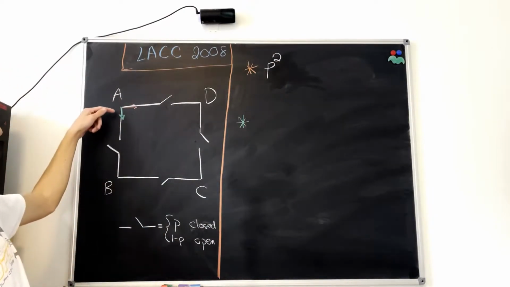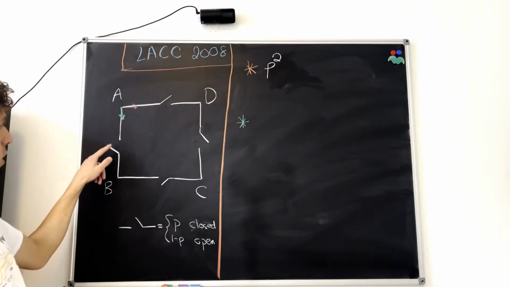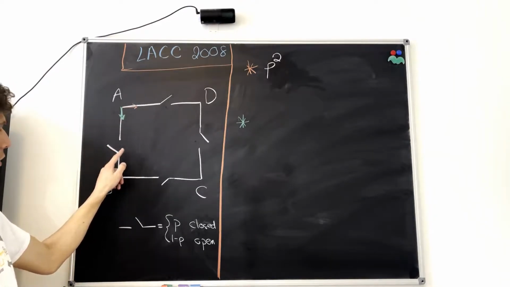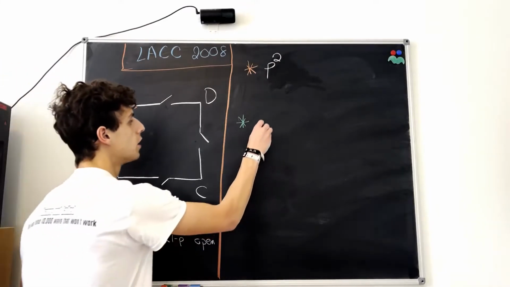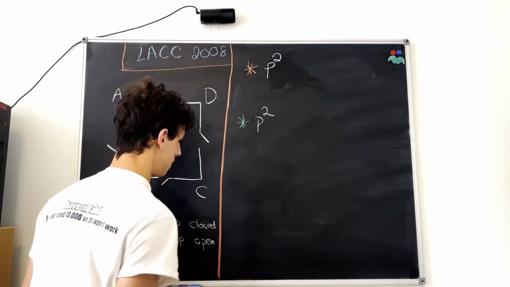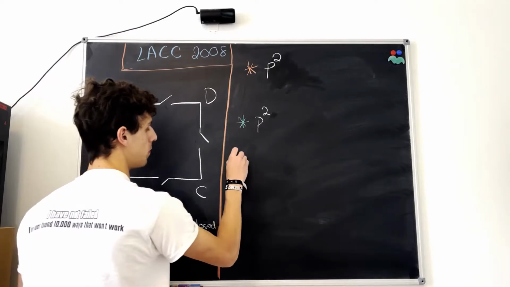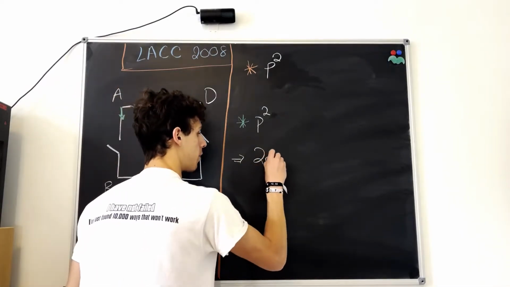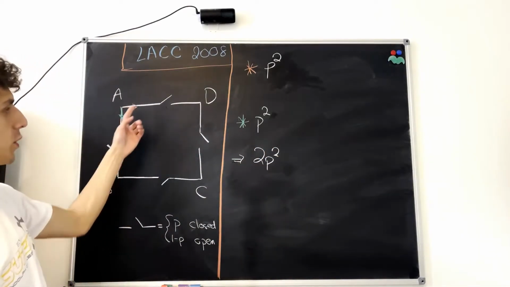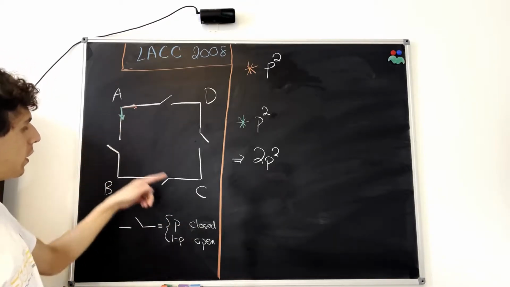Well, that's good. And now we can say the same thing for the green arrow because we also go through two switches here. We go through this switch here and this switch here. So this also has a probability of P squared of getting through. And so you might say, well, that's great. We have a probability of 2P squared because we have two different possibilities of getting from point A to point